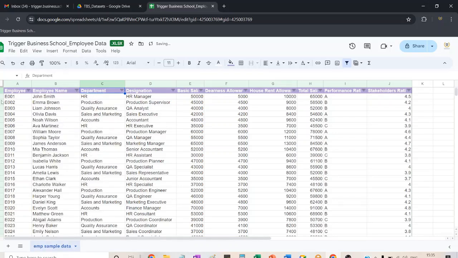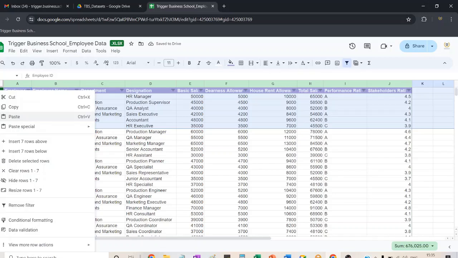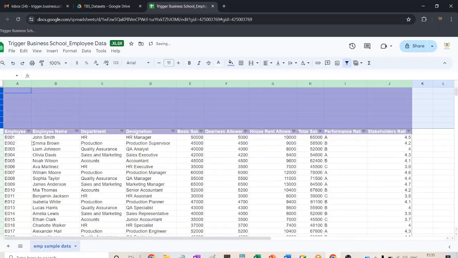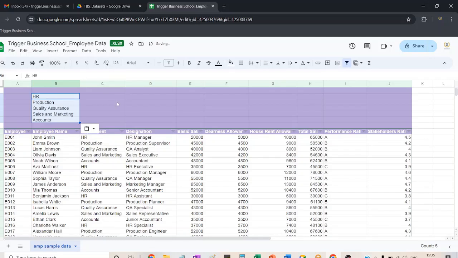Okay. So let me insert about 7 rows above. Insert 7 rows above. Let me copy these 5 departments here. Now I'm going to use a function called Countif to count the number of employees in HR department. So is equal to